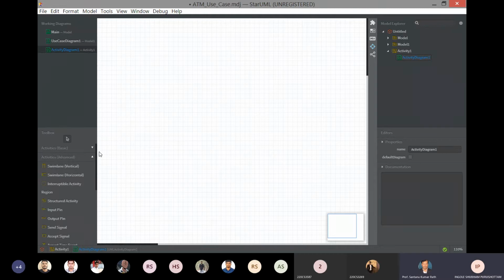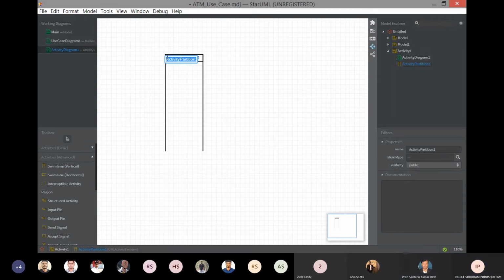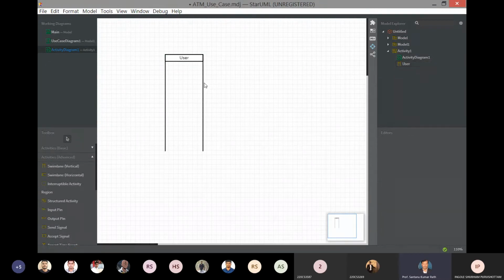In the last class I told you about the swim lanes. So see here, it comes under activities, advanced activities. The first option is the swim lanes. I will select another swim lane.